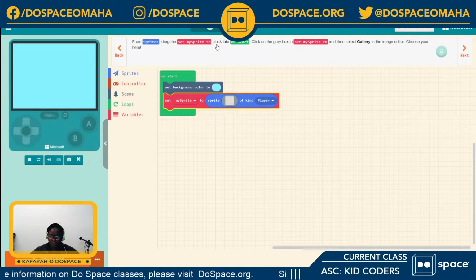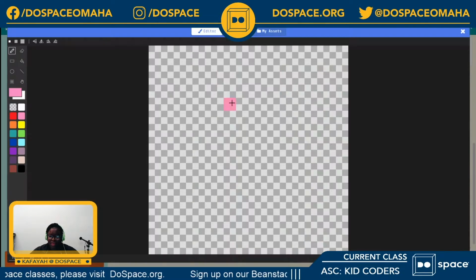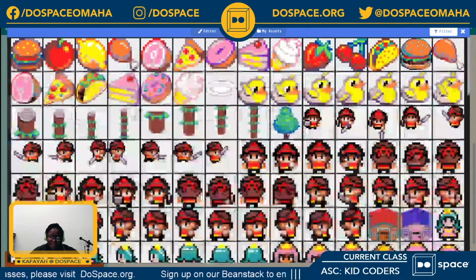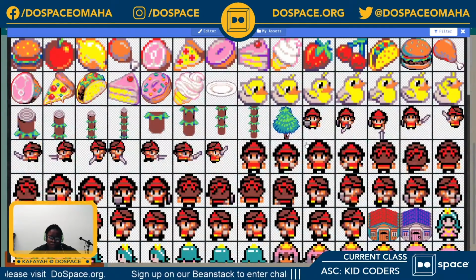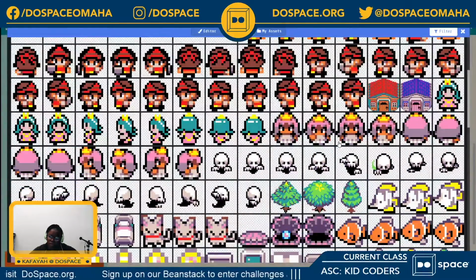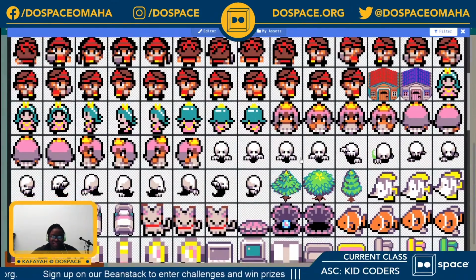Awesome. So we get to click into the gray box right here, then select gallery to choose our hero. I'm also taking suggestions on what we want the heroes to be.